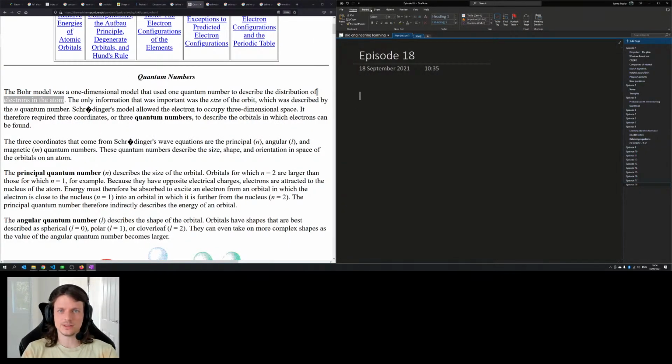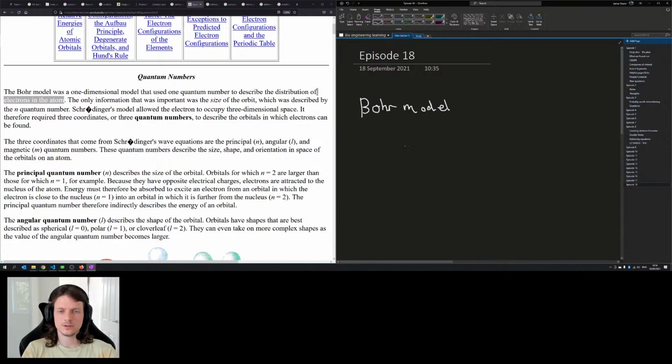So, let's see, draw. The Bohr model is seemingly like, you've got your atom, your neutrons and protons, and you've got your electrons.